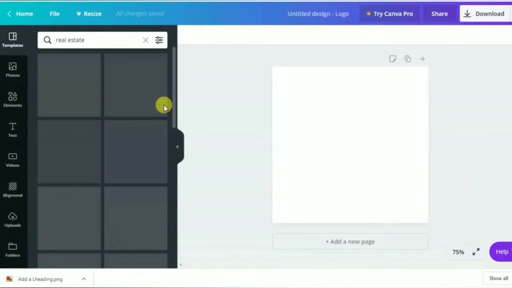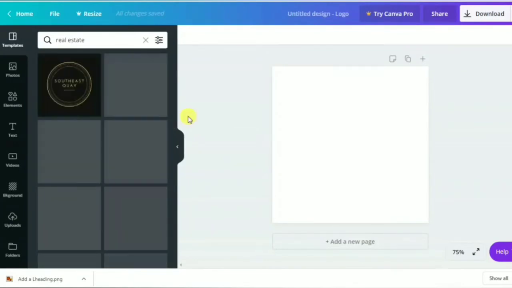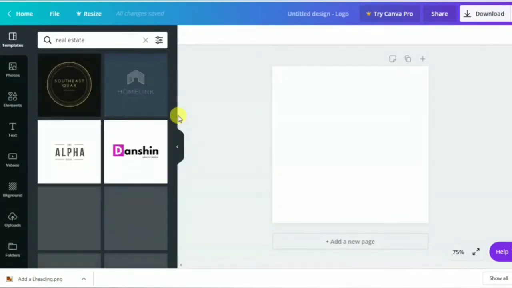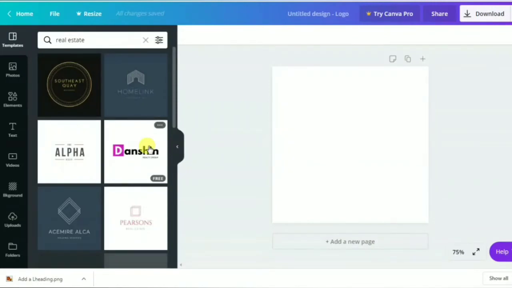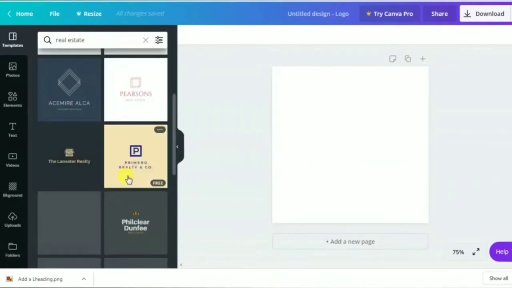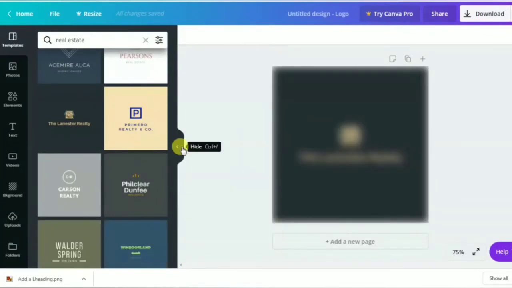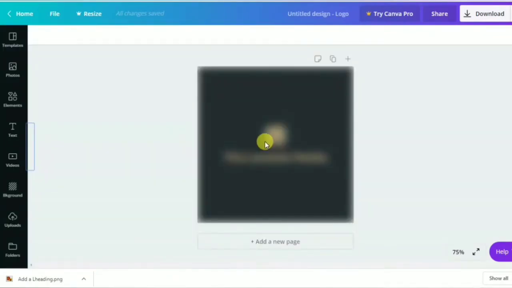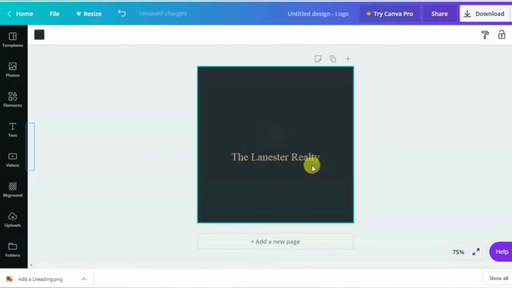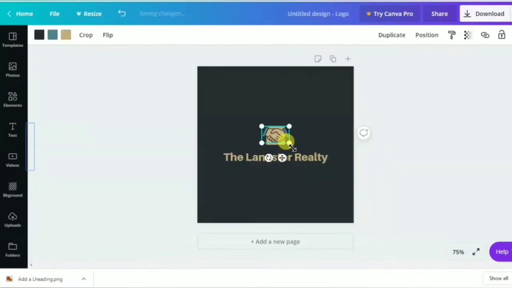You can use a template, or if you want a very professional logo, then you can hire a graphic designer, right? So just click here and your template is ready to edit. Let's edit this template.